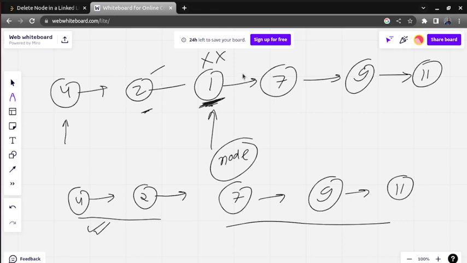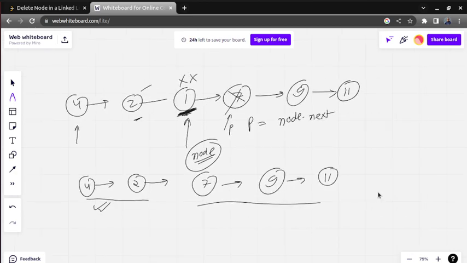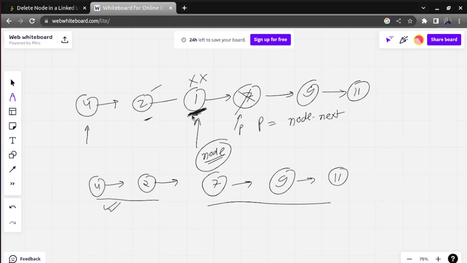So I thought, let us take one more pointer p, and what p will do is, p will be equal to node dot next. Okay, it means p will point here. Node is already here. Now what I am going to do, instead of deleting this element, I will delete this element. Why I will delete this element? Because they told we should reduce one element. Okay, and that element and this element should be reduced.